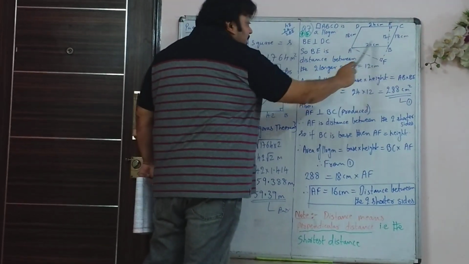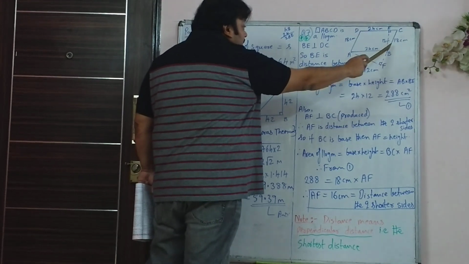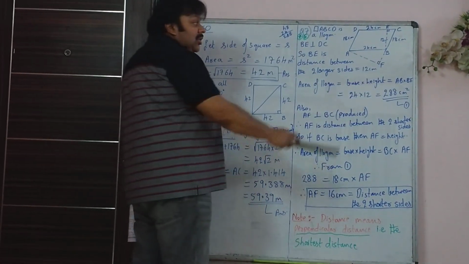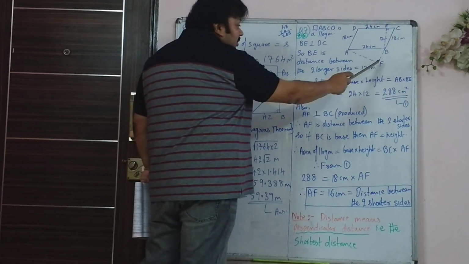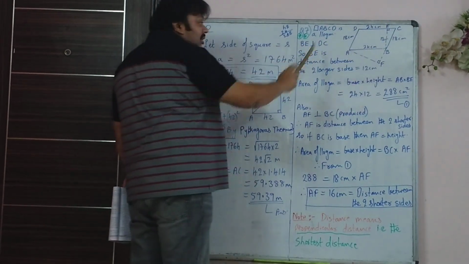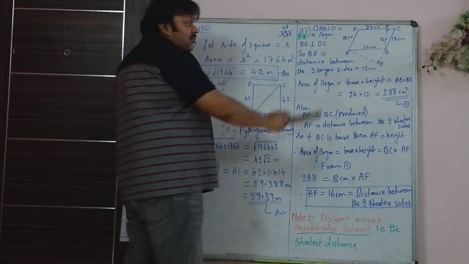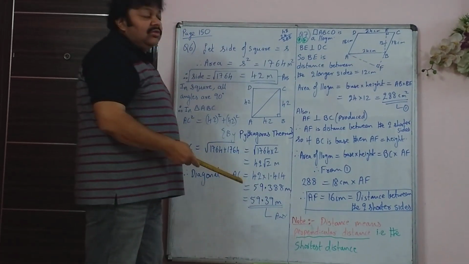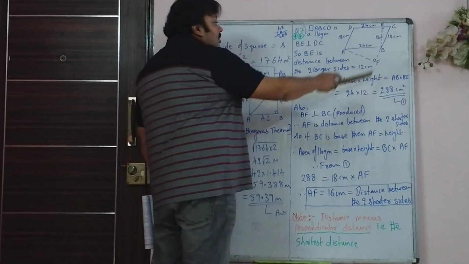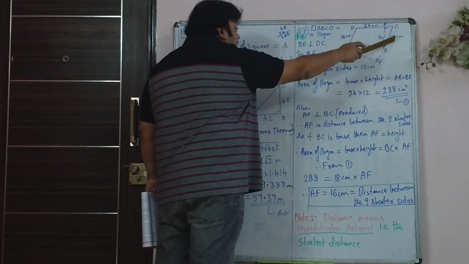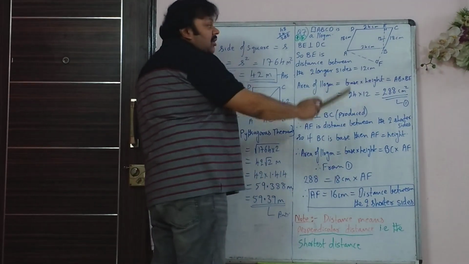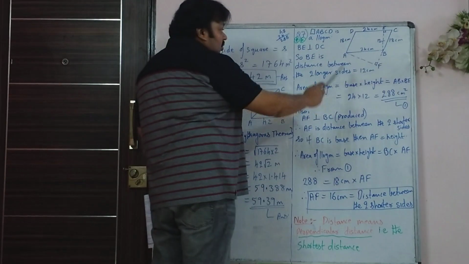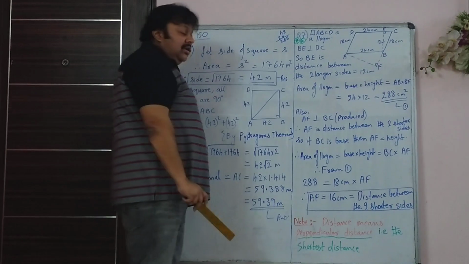This is not the perpendicular distance. This angle is definitely more than 90 degrees. So that is not the perpendicular distance. So the perpendicular distance is when you produce CB up to F and join AF. Of course this is not a construction, you just have to show the figure. So now if you consider BC, 18 centimeter, as the base, then the corresponding height is AF.